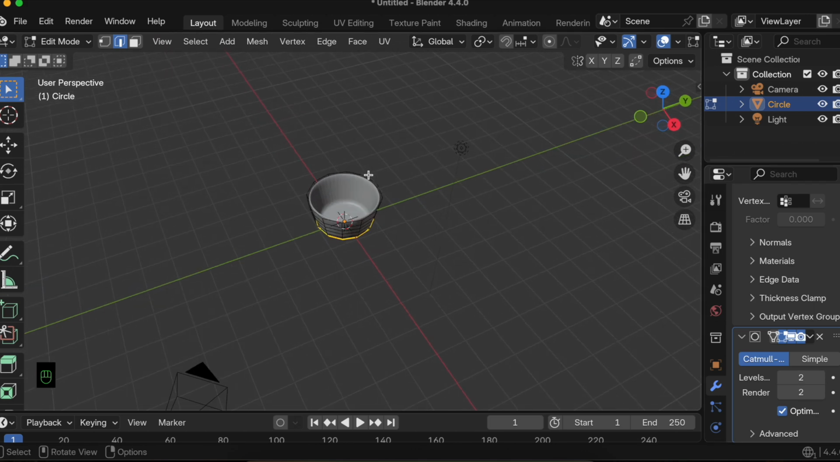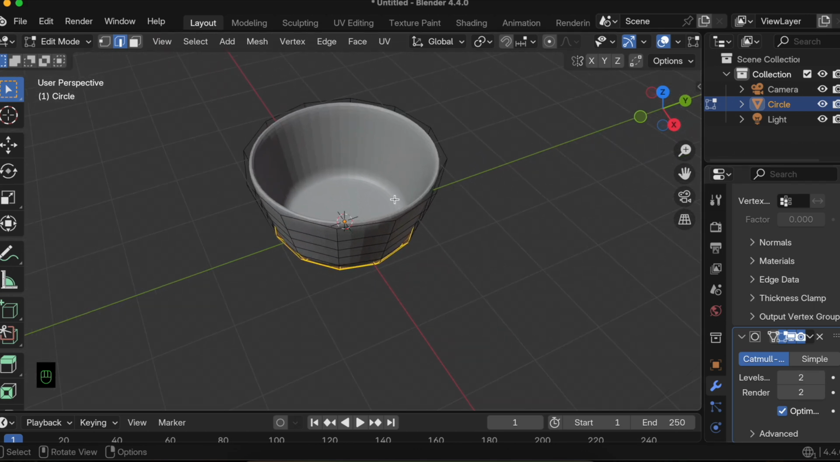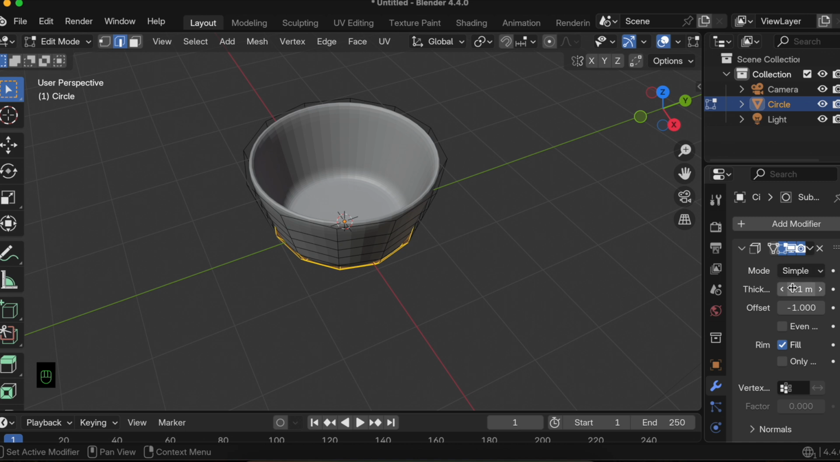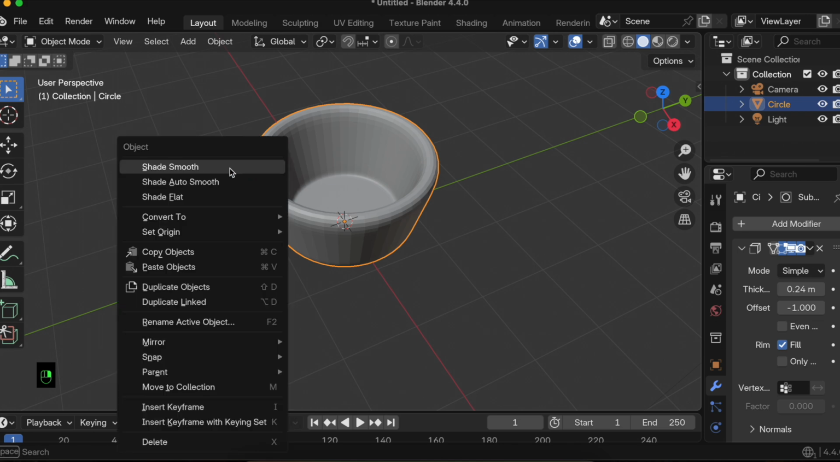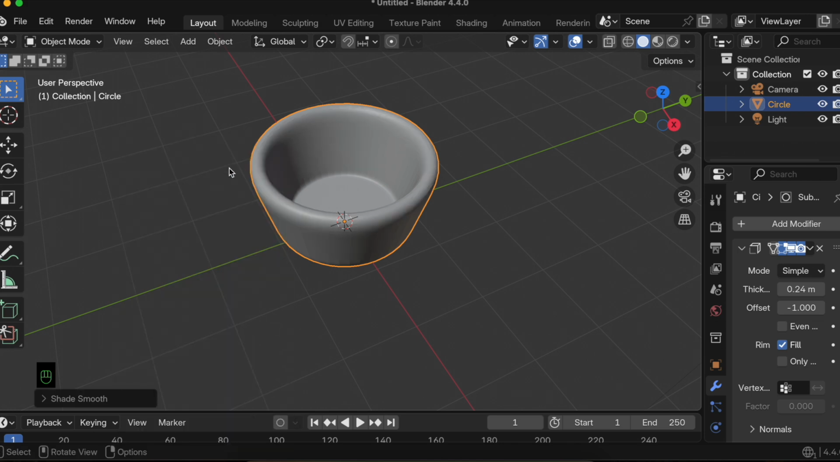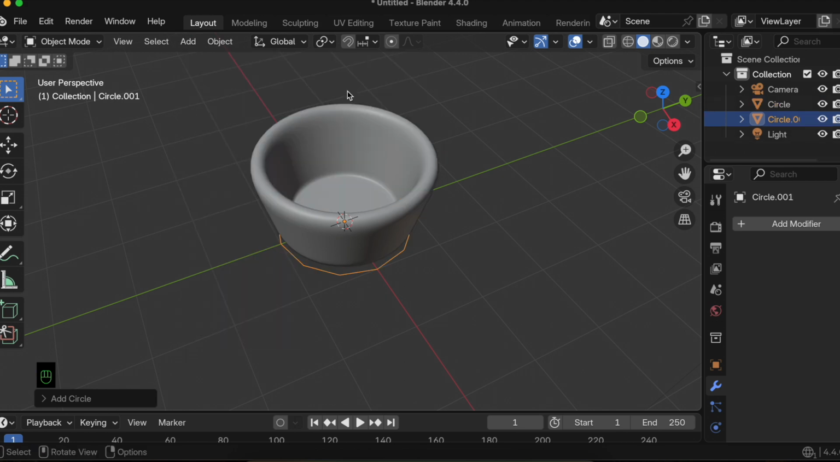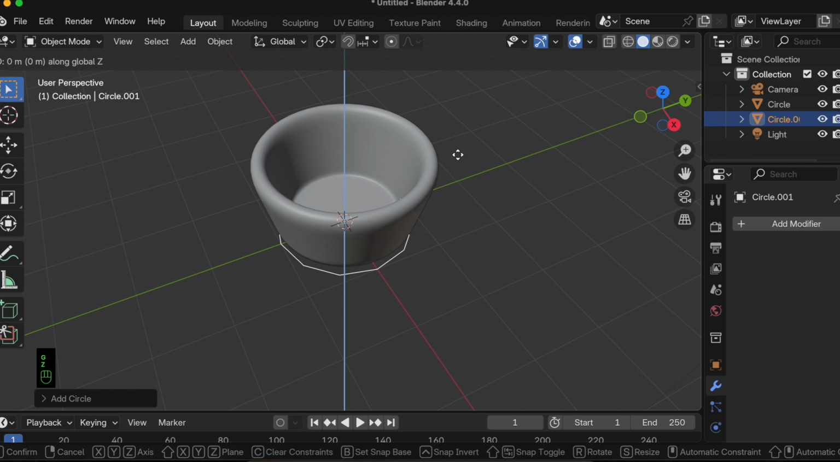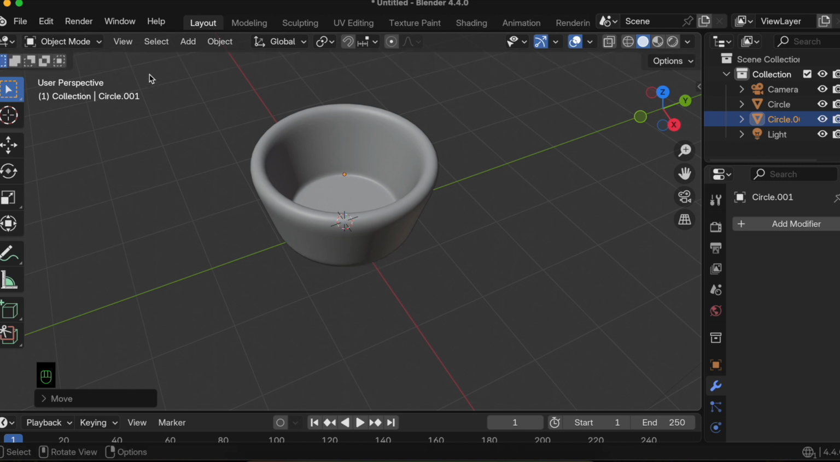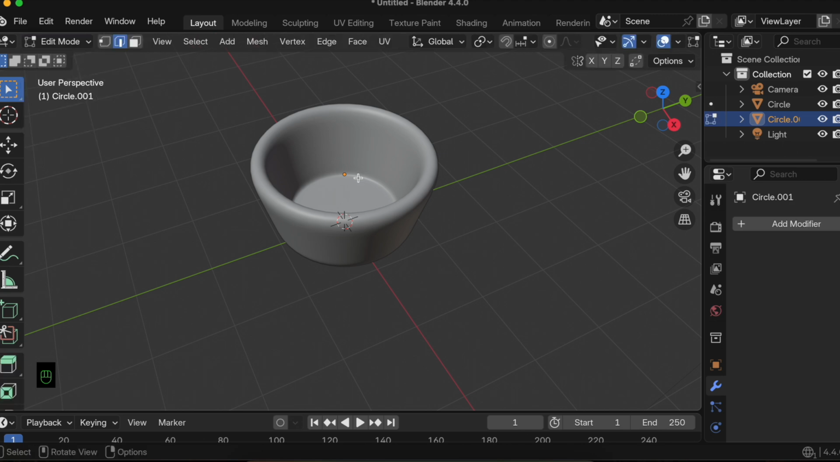Then here you can see the thickness is not that great, so I'll just increase the thickness a bit. So yeah, something like this looks okay to me. Once you have increased the thickness, let's go to object mode, right click, shade smooth, then add mesh circle, then GZ to move it up somewhere over here. Okay, then I'll just go to edit mode, then F to fill,